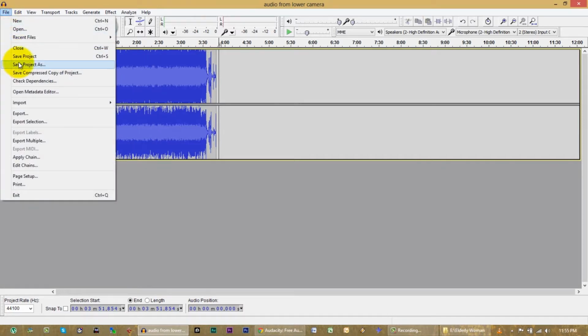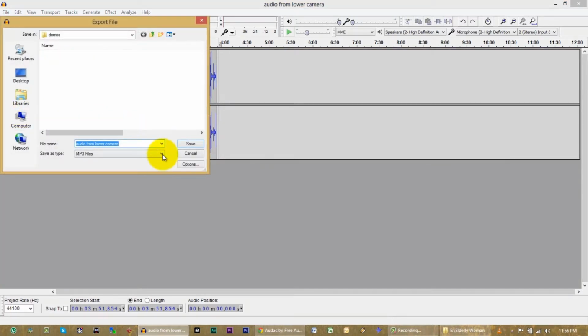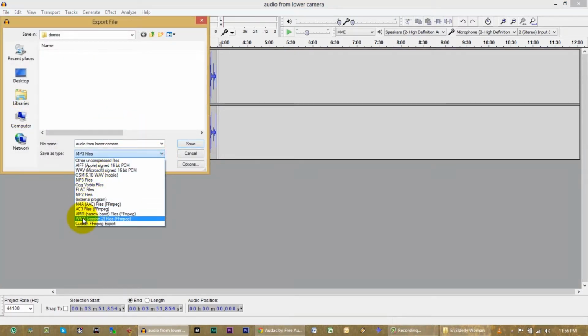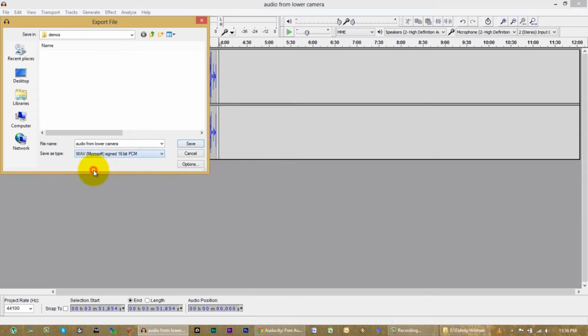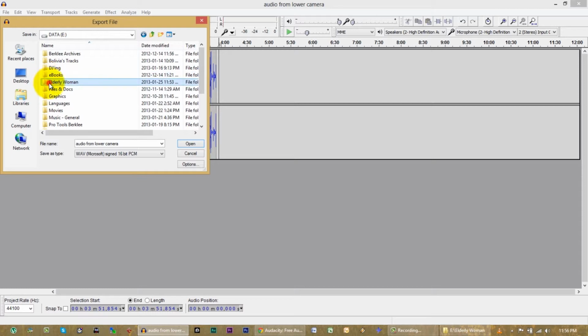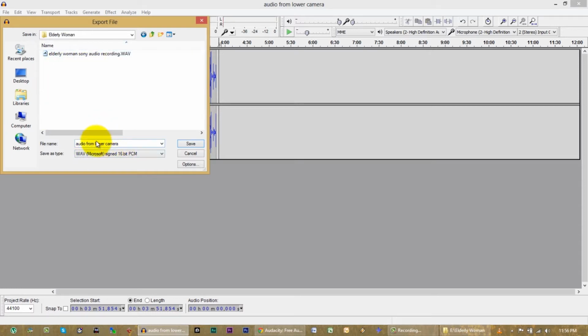And I'm going to resave this as export. I'm going to export this as a wave file. There we go. And we're going to put it into our folder. Now it's audio from lower camera. Perfect.